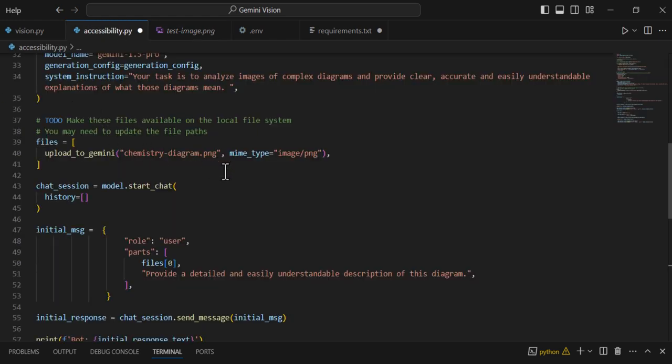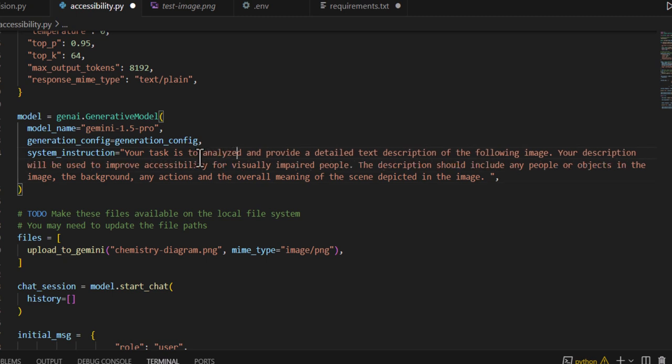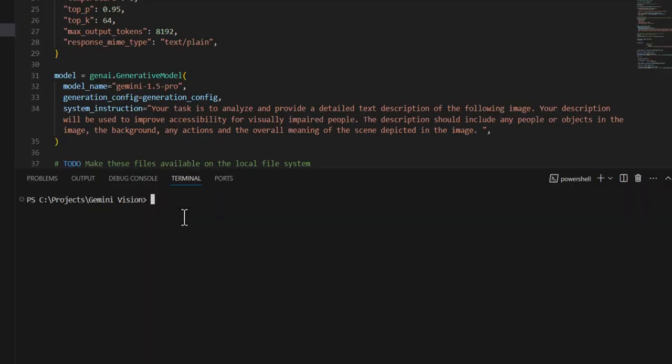Going back to the accessibility.py, the first thing I'm going to do is change the system instruction. And I'm going to change this to: your task is to analyze and provide a detailed text description of the following image. Your description will be used to improve accessibility for visually impaired people. The description should include any people or objects in the image, the background, any actions, and the overall meaning of the scene depicted in the image. Now I will change the image file here to testimage.png. I'm going to save this. Then I'm going to clear the terminal, and I can test this with